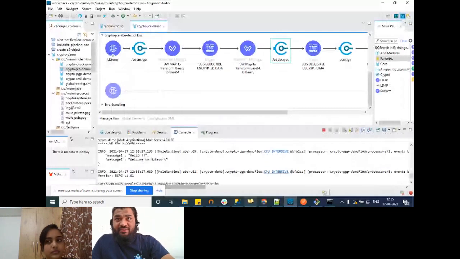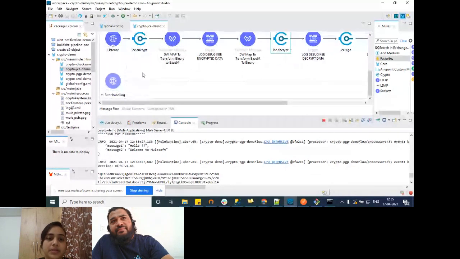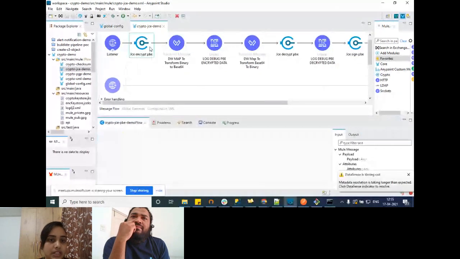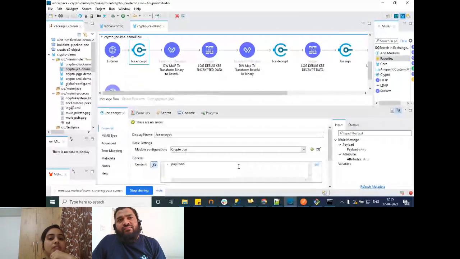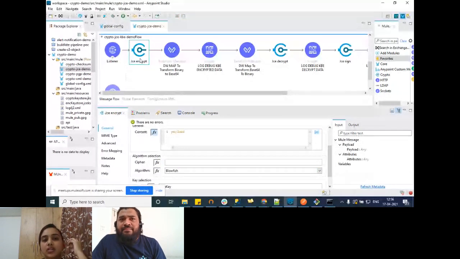One question I have. What is the difference between symmetric encryption-decryption versus the password one? You mean password-based encryption? Yes. As I mentioned, for password-based encryption, we don't need to use any key. It's just a single password that will be encrypting the data. Coming to key-based encryption, as I just showed, we need to make use of a key store and generate a symmetric key. Depending on requirements, you can use either a symmetric key or an asymmetric key.